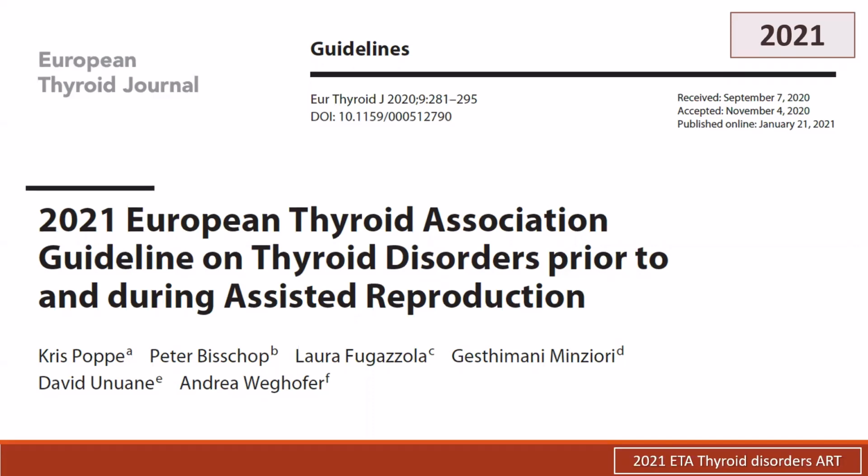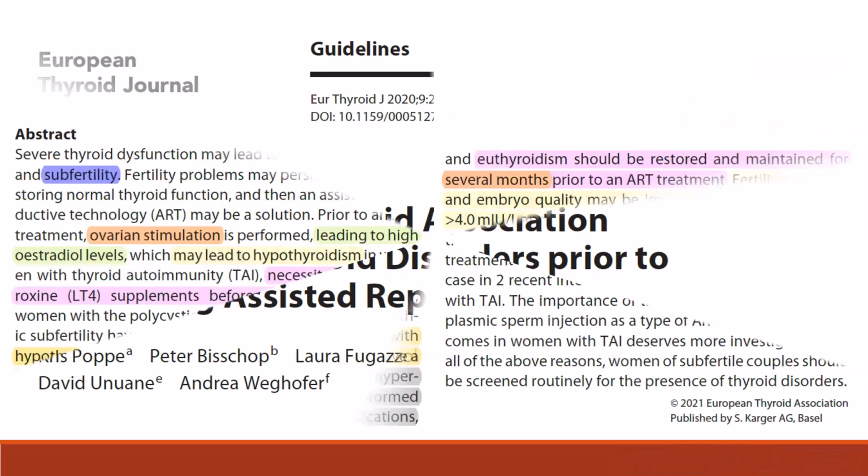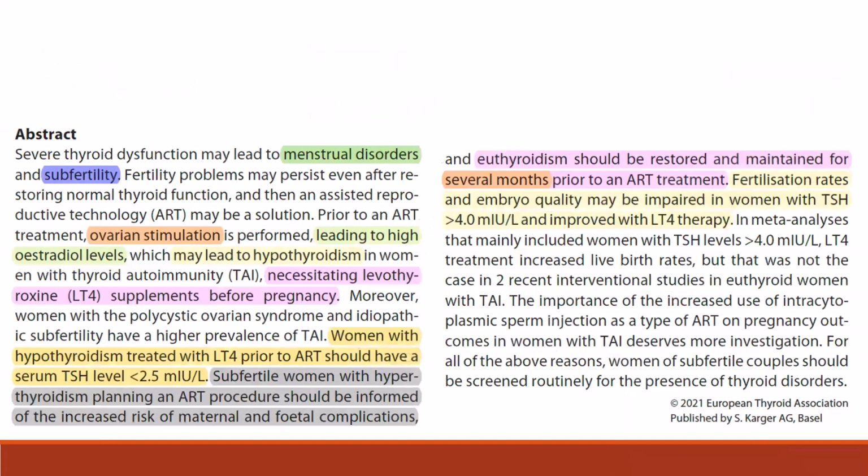So the last guideline today, inshallah, is the European Thyroid Association guidelines on thyroid disorders prior to and during assisted reproduction. First of all, several thyroid dysfunctions may lead to menstrual disorder and subfertility. And in some situations before assisted reproductive technology, ovarian stimulation is used, but don't forget that ovarian stimulation usually leads to high estradiol level